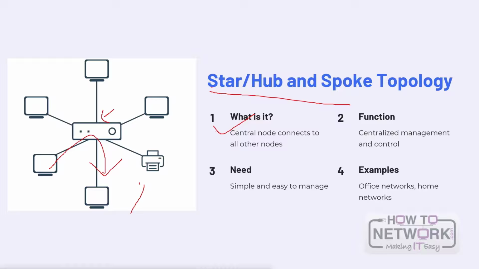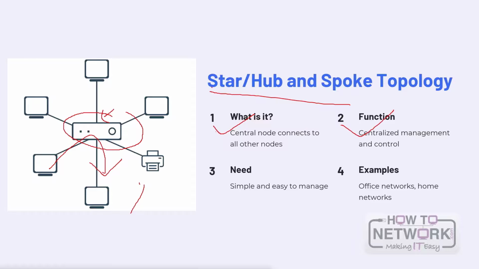This architecture offers several advantages, making it suitable for various network environments. One significant advantage is its centralized management. With a single point of control, network administrators can easily monitor and manage the network, making troubleshooting and configuration changes more straightforward. The star topology's simplicity and ease of management are also key benefits. The configuration is relatively straightforward, making it an ideal choice for small to medium-sized networks, such as office networks and home networks. However, the star hub and spoke topology has some limitations,